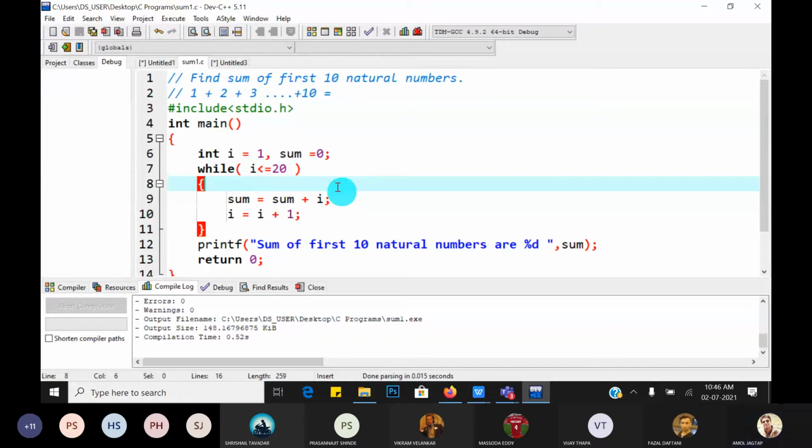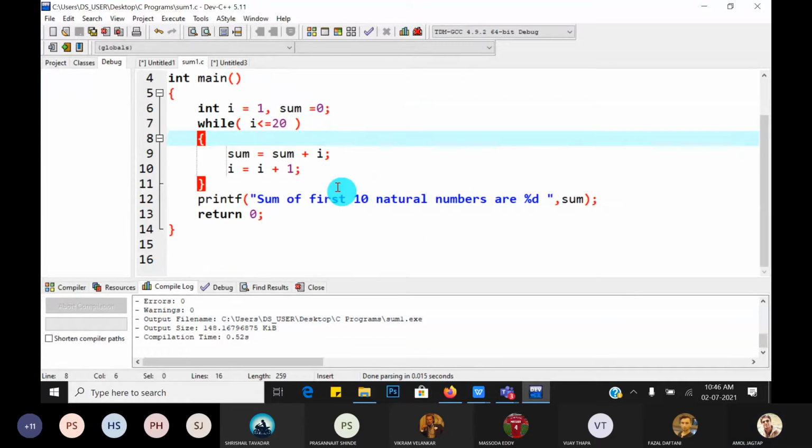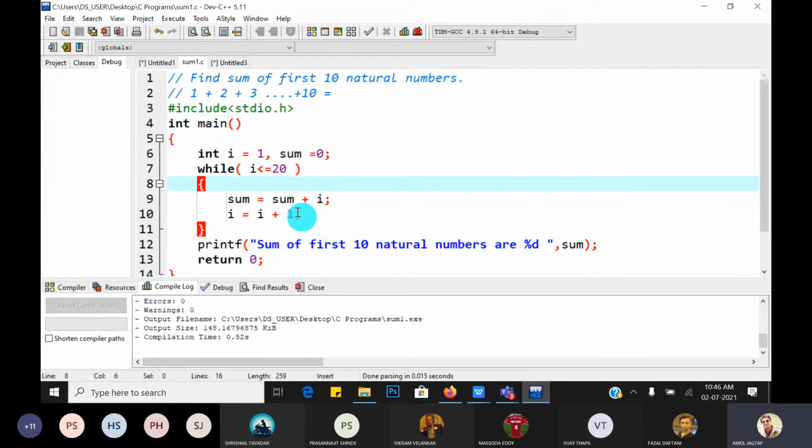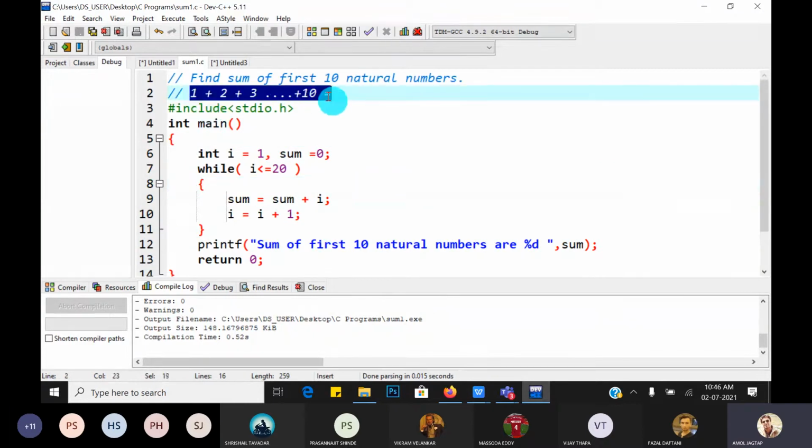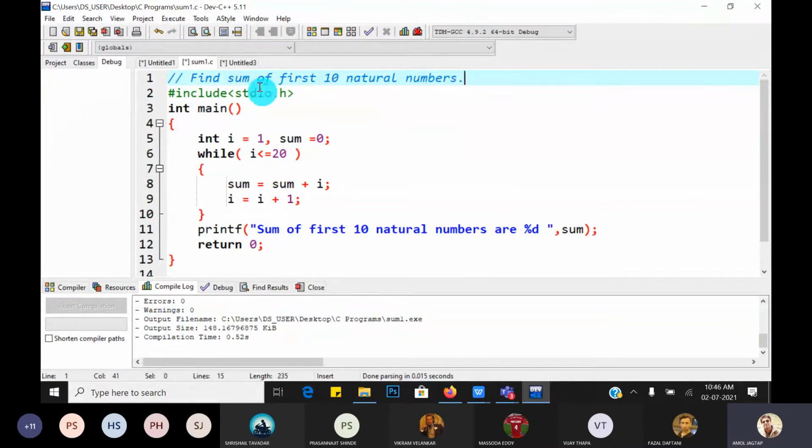Great. Now the question arises. What is the question? At the time of an interview, they first ask a question based on this. Now I have made some condition on that. So the same question: find the sum of the first 10 natural numbers, but don't use any loop. That is the condition.